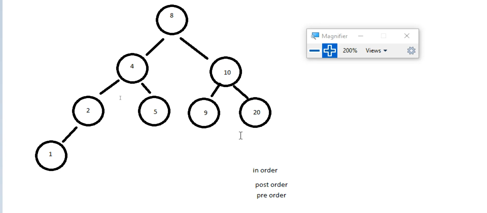And what a traversal is basically I go through this tree and print things from it. But I do it in a certain order. So just to give you a hint, in order, if you want to know what that sounds like, it's just going to print in order that I go through the nodes. Pre-order,